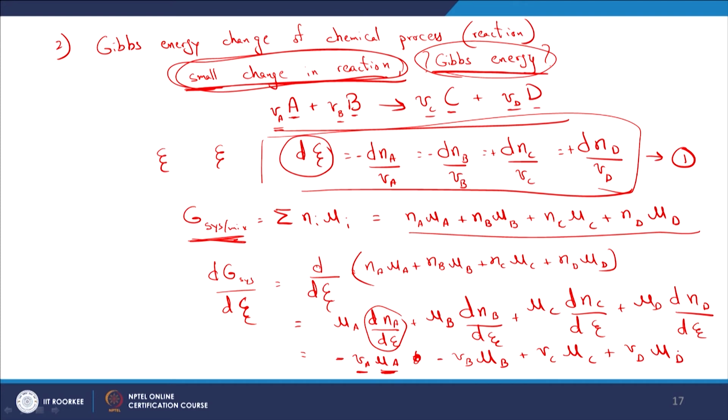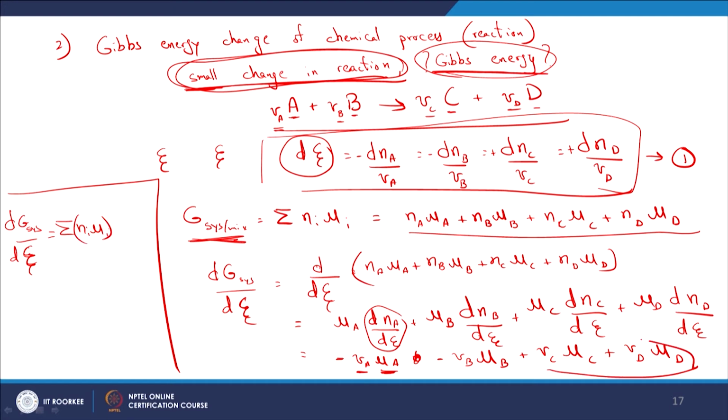So instead of going on to a fresh page and losing track of what we are up to here, let us try to summarize what we have looked at thus far. This is the take home message, so I am going to do that here on this part. So here we have now dG of the system by dξ is equal to what now? Summation of Ni mu I of the products,